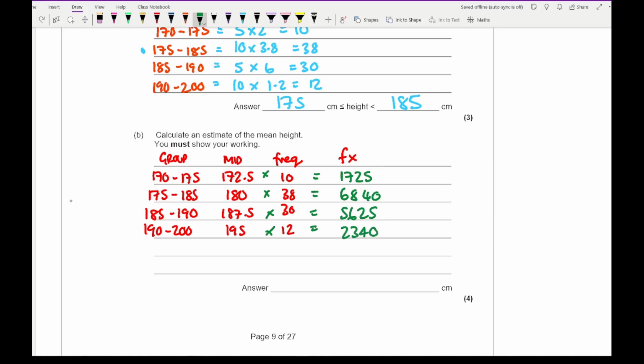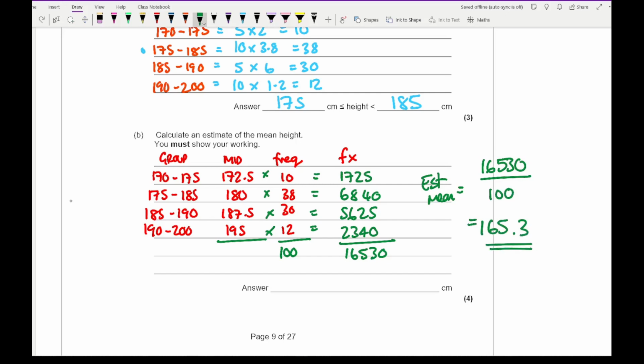Then from this, what I can then do is work out the total frequency, which is 100, and work out the total fx, which is 16530. So the estimated mean is going to be the total fx, 16530, divided by the total frequency, which is 100, giving me an answer of